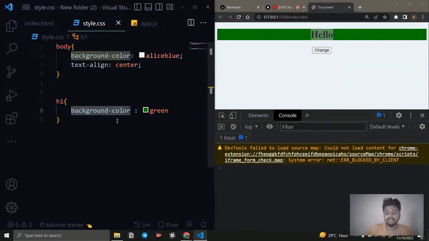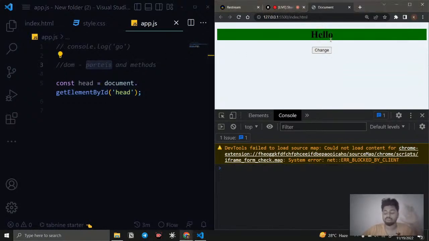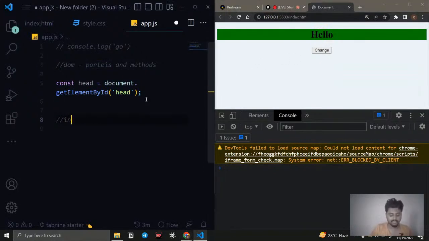And in CSS we have so many properties. For background color we have a property, for align items we have a property, flex is there, grid is there, color is there, font size, family, float, so many properties. Same like that, in the DOM also we have so many properties. By using the properties we can do so many things. Right now, among them we're going to see one property, that is the inner HTML. What the inner HTML will do is change the inner content of an element.